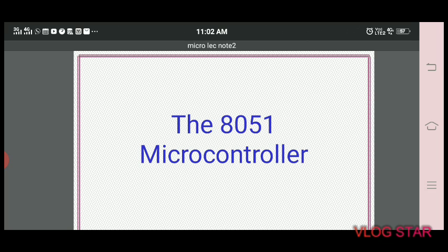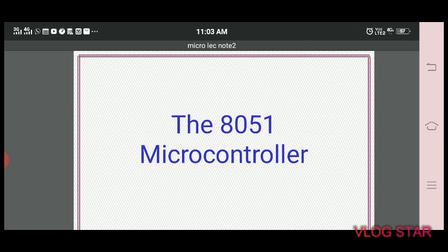Then what is the other difference between a microprocessor and a microcontroller? A microprocessor has many instructions to move data between memory and CPU, but a microcontroller needs only a few instructions to move data between memory and CPU. Then in a microprocessor we have only a single memory mapping for data and code, but in a microcontroller we need a separate memory mapping for data as well as the code. So that is the main difference.